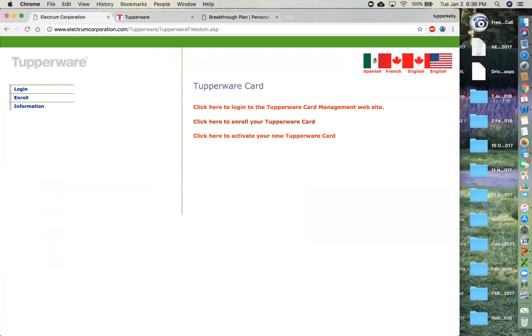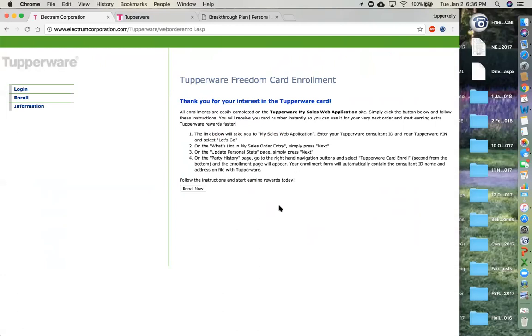Okay, so you're going to see here that there's some navigation on the left. You're going to see that there's some navigation in the center too. To enroll in your card, you go ahead and click this Enroll in Tupperware card. It tells you exactly how to do that. Clicking this Enroll actually starts that